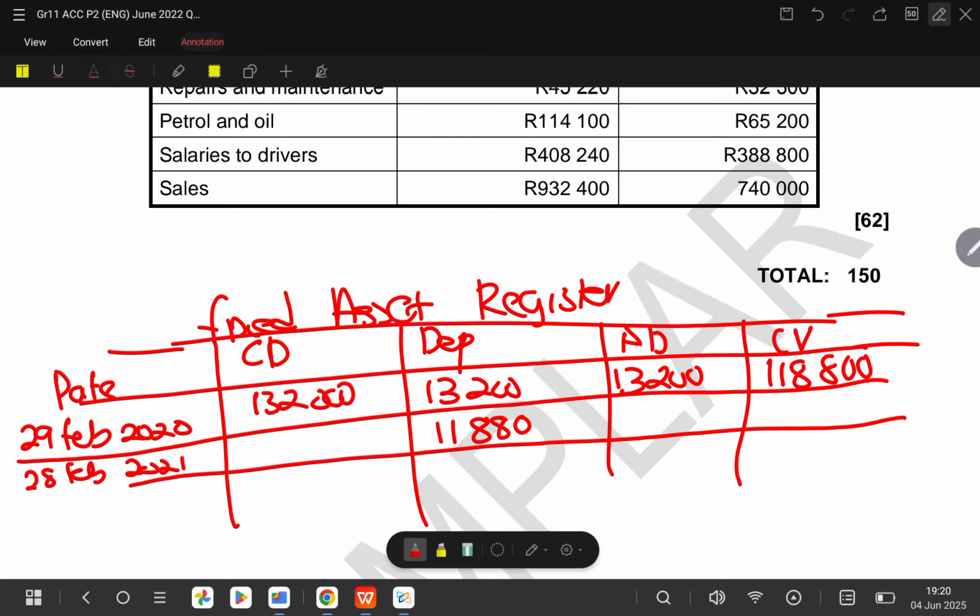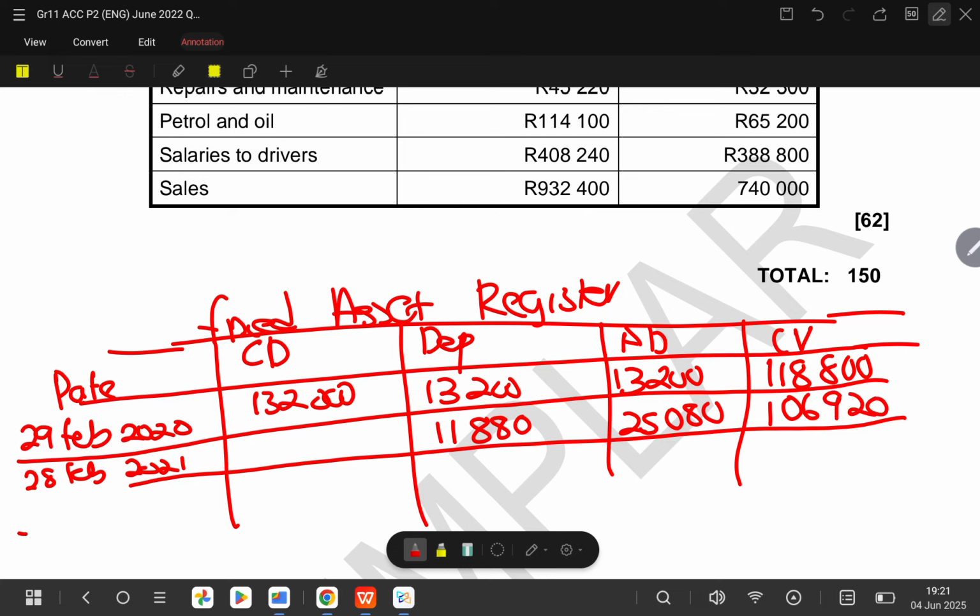So if you say 13,200 plus 11,880, it is going to give you 25,080, and then from there you look for the carrying value. So 132,000 minus 25,080 gives us 106,920. So we have our carrying value as